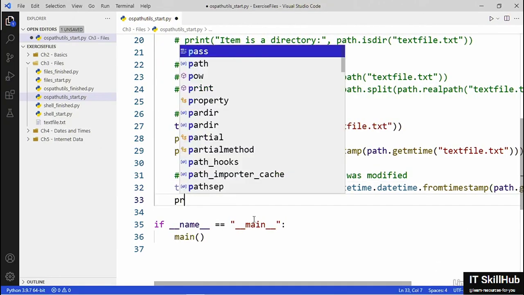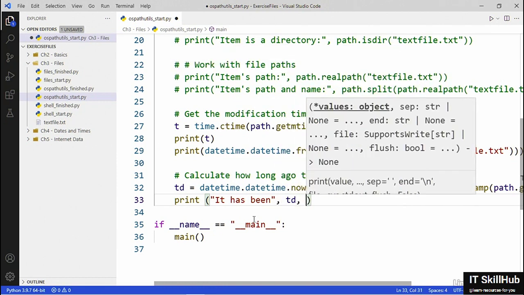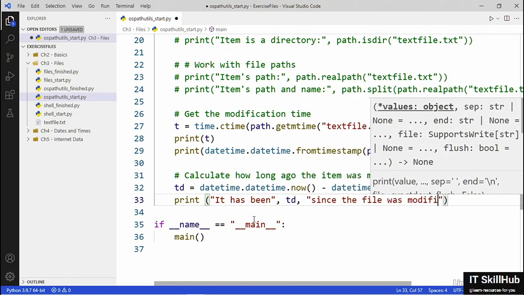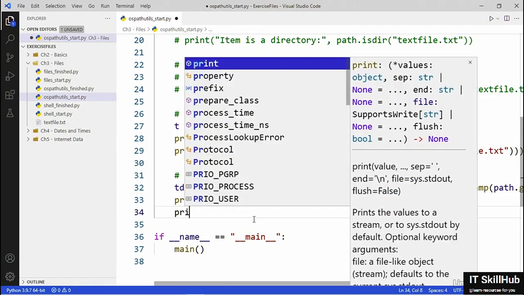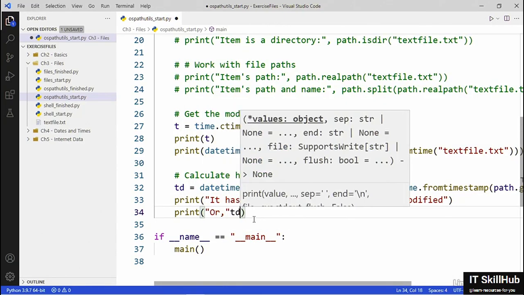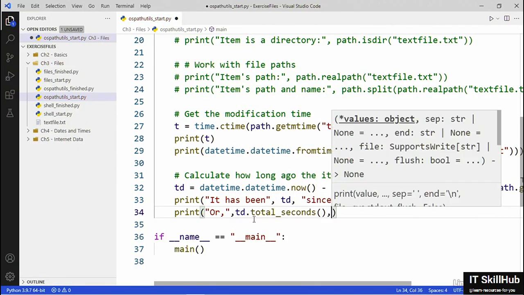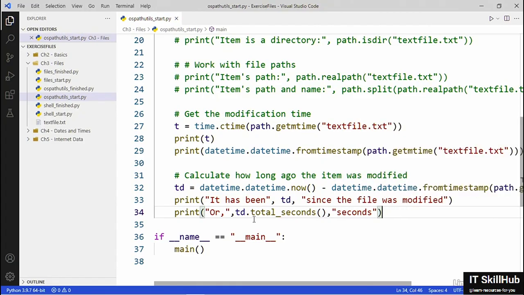And then what I'm going to do is print "it has been", and then td, and then "since the file was modified." And then I'm going to do one other thing. I'm going to print, let's give that a space, I'm going to print td dot, and I'm going to call the total_seconds function, and I'm going to print out seconds, okay? So let's go ahead and run this,